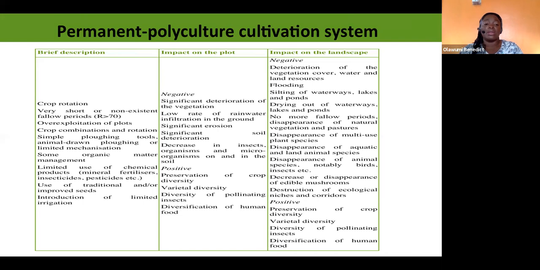And there's a very short or non-existent fallow period. Why we say short is that in the space between your trees, you can decide to plant this season and another season you are not planting in it. You understand? So it's still relatively short compared to someone who will leave the entire field totally not used for some time.